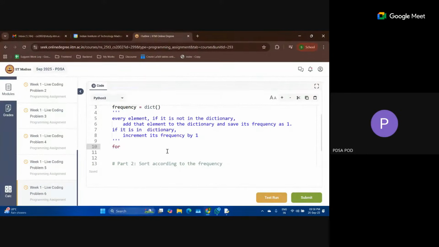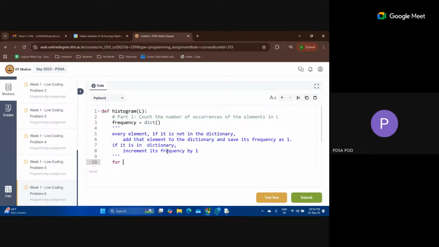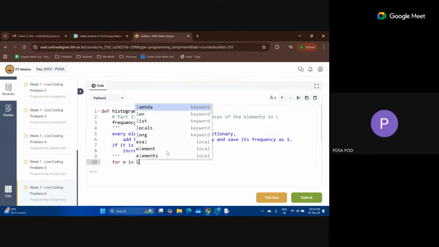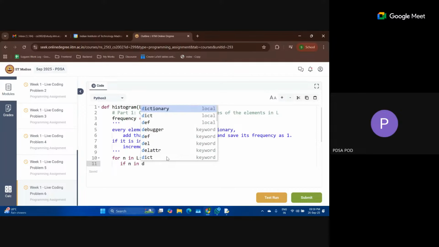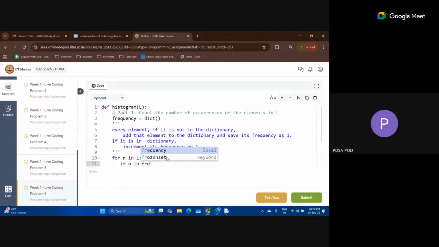So I'll start by iterating over every element n in L. Let's go to the first element. I will check if it is in the dictionary or not. So I will do: if n is in frequency.keys. Frequency.keys will give us the list of keys in the frequency dictionary.